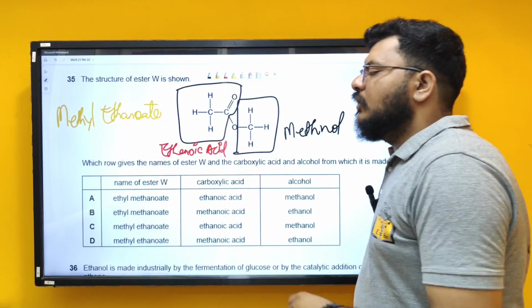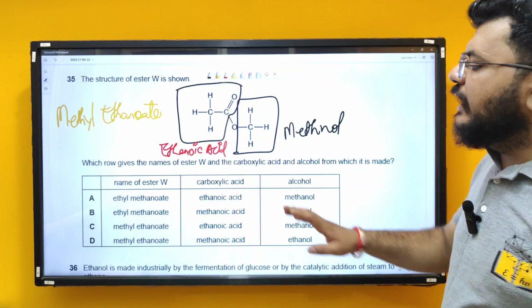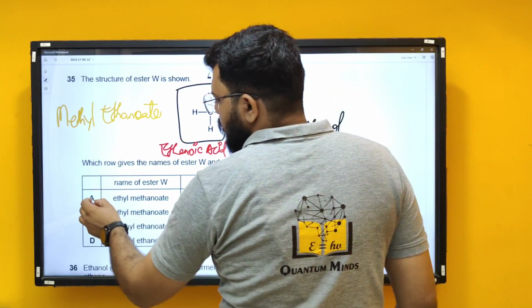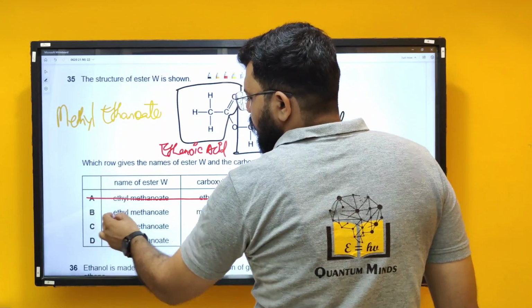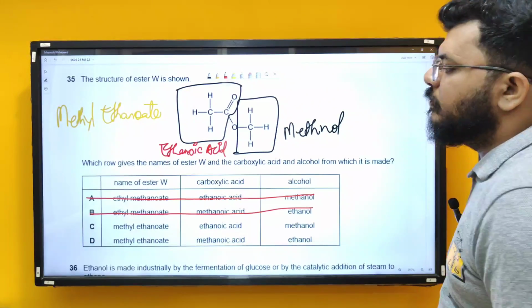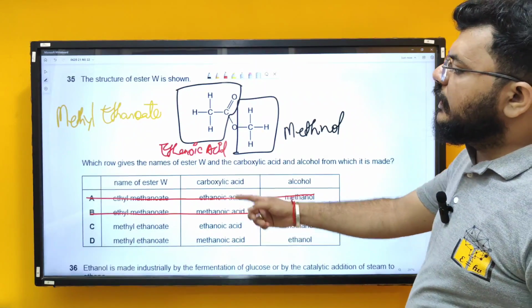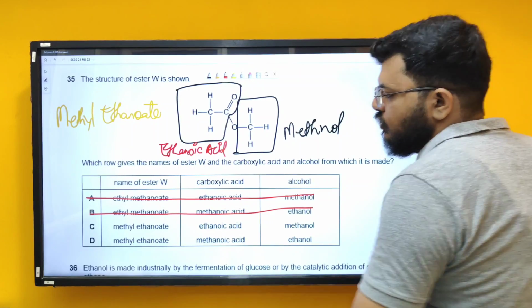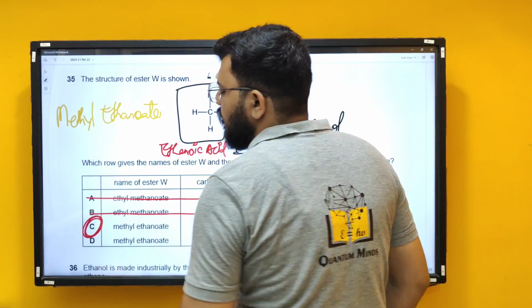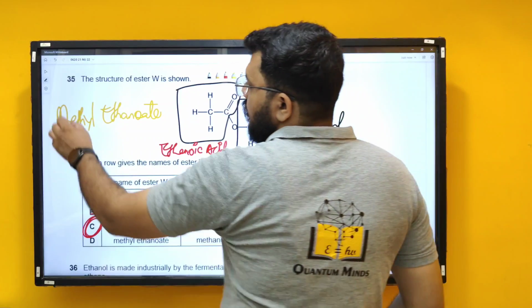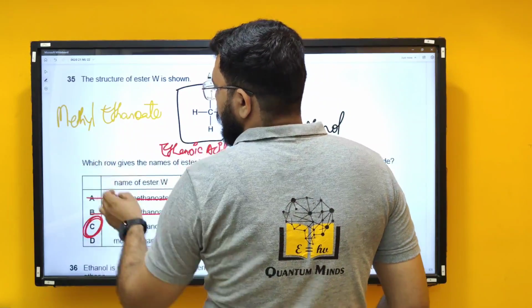Okay, let's find out the option. Name of ester W, methyl ethanoate. So options A and B are not correct, not applicable for us. Carboxylic acid is ethanoic acid. So option C is your correct answer. Then we have question number